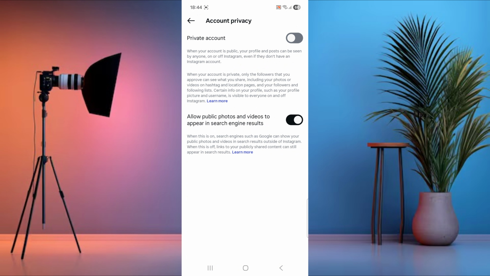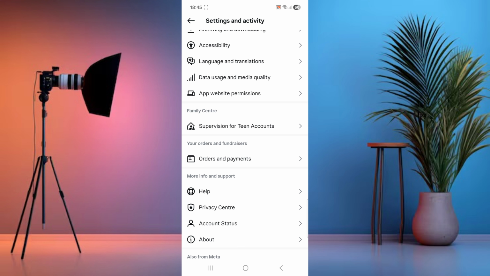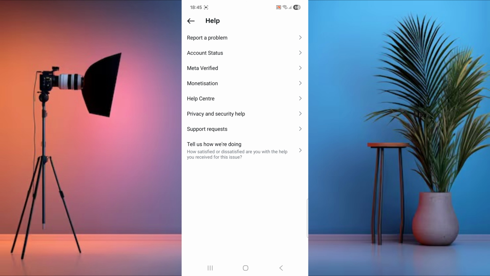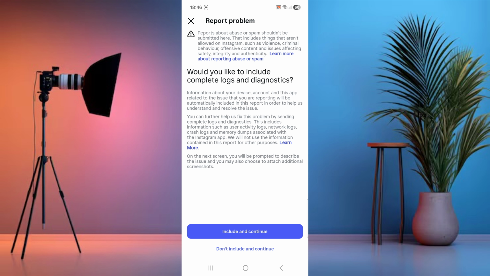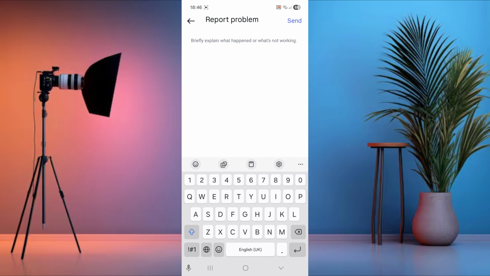And if you don't want this option, and you just want to hide your following list and keep your account public, go back and scroll down. You will see here the option Help in the More Info and Support section. Click on that, then click on Report a Problem, then click on Include and Continue, and here you are going to type your problem, which is that you want to hide your following list without making your account private. Then submit it and wait till the support team